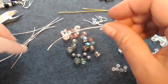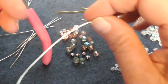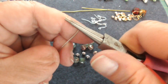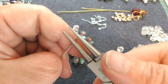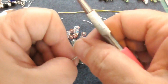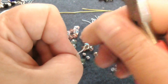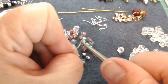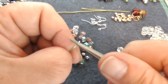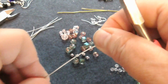And we'll start with a 3-inch length of the silver wire. I'm just going to make a loop on the end, like that. I am doing this in my camera, so I apologize if it looks really kind of weird. It's weird for me too. So I just make a loop on the end,